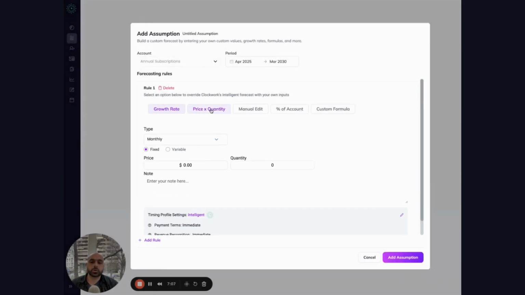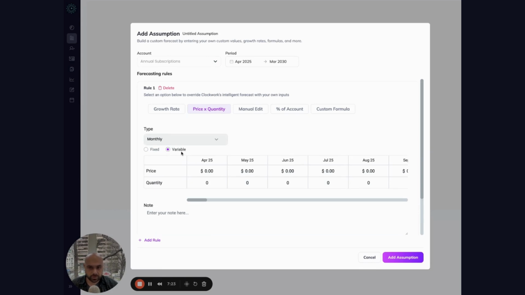And you could do price times quantity. So for companies that are doing like units or contracts or professional services for agreements or e-commerce companies, that kind of stuff, if they want to forecast out goods sold or units or anything like that, you could do this. And then the same functionality around the variability with the same functionality around the autofill. So if you want to see what a price increase looks like, you want to see if you sell more units, sell less units, what that actually impacts, how it impacts, you could do that literally with a couple of